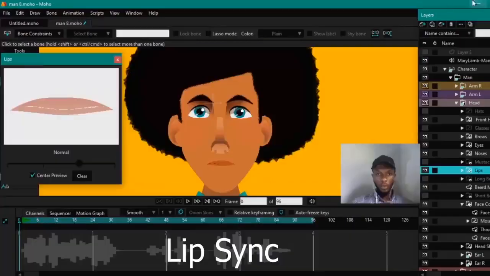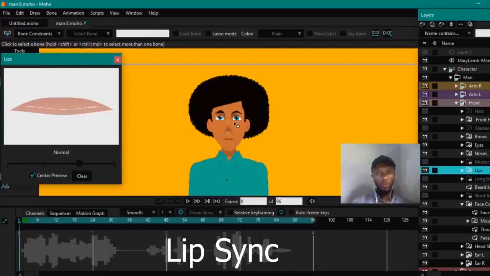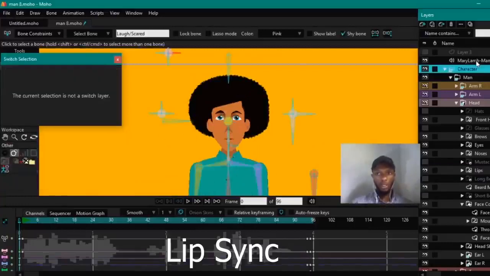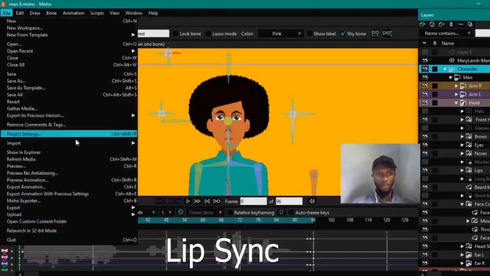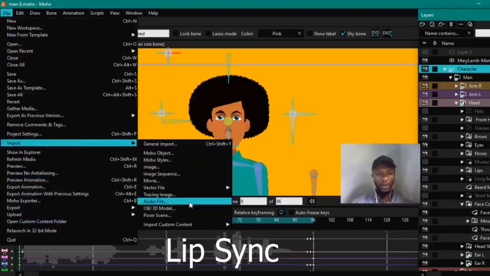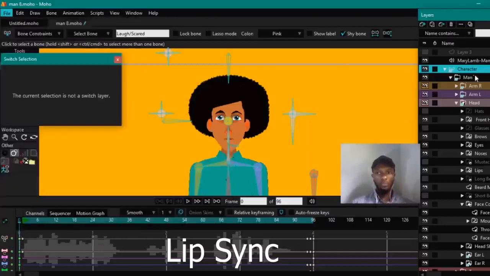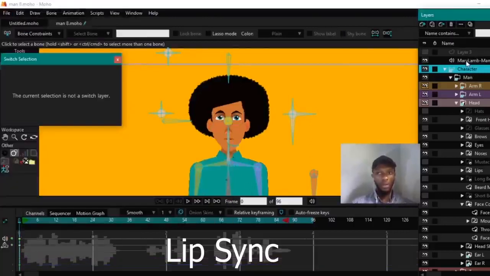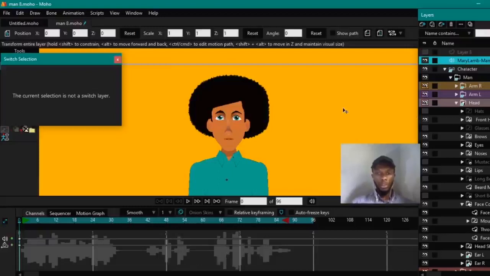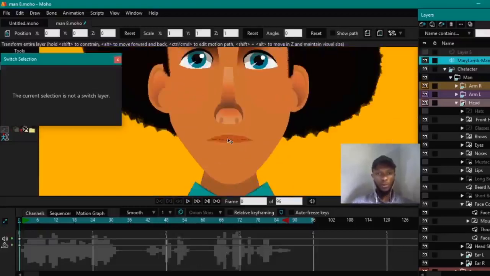Okay, to do a lip sync, the first thing you have to do is to import your audio file. So I'll import it right above my character. I usually import it above my character. So come to File, Import Audio File. Okay, so I had already imported my audio file here. Okay, so to do a lip sync, what we have to do is to come to